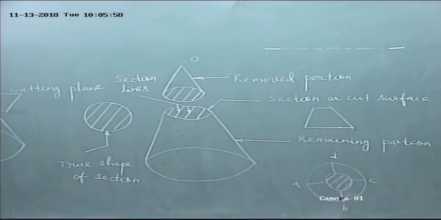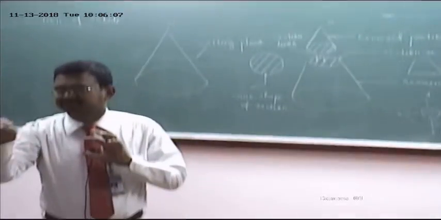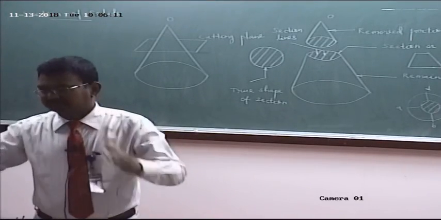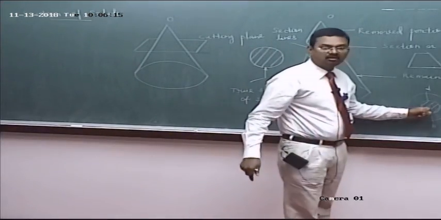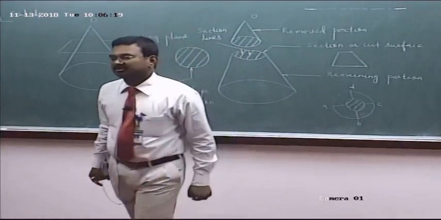To get the front view, look for a front. So the base is a circle. In the front view, it will be a straight line. Top view, sorry, cut surface, front view of the cut surface. It is also a circle. In the front view, it will be a straight line. Then you have to show the end generators. So this is called the sectional top view. In this case, we will obtain the sectional top view.